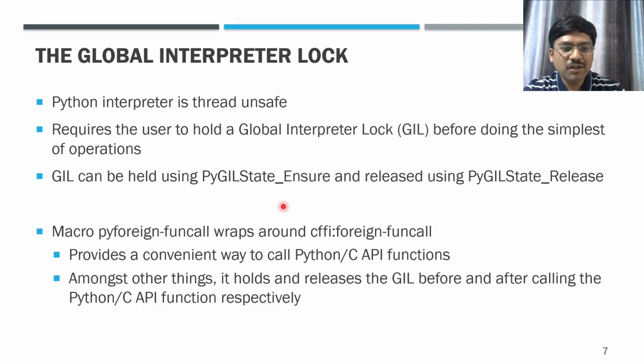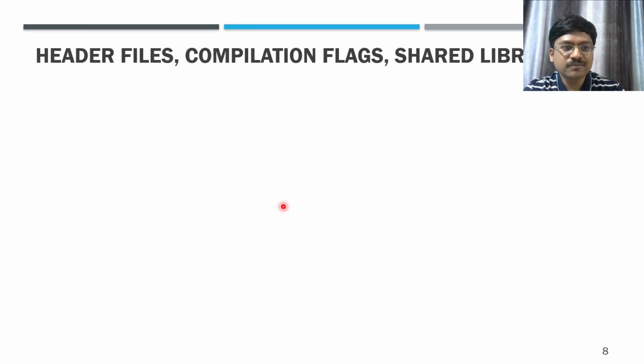It also does a couple of other things, but this is one of the main tasks that it performs. Now, a number of things in the C API of Python are in terms of C macros, and these are unavailable to the Lisp system, which only has access to the dynamically loaded libraries. So the parts of the C macros that we do need, we put them in a Lisp utility library, as well as certain other helper C functions.